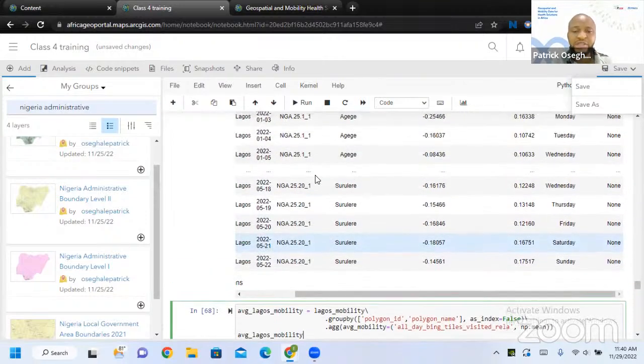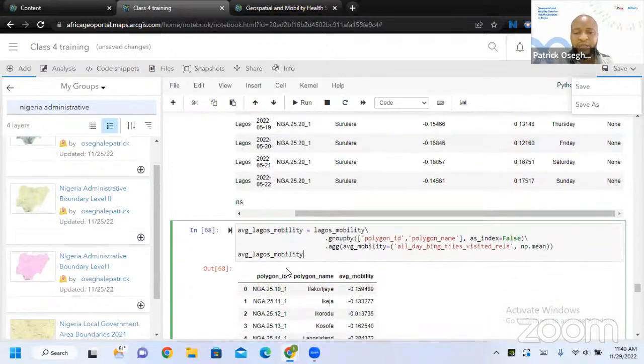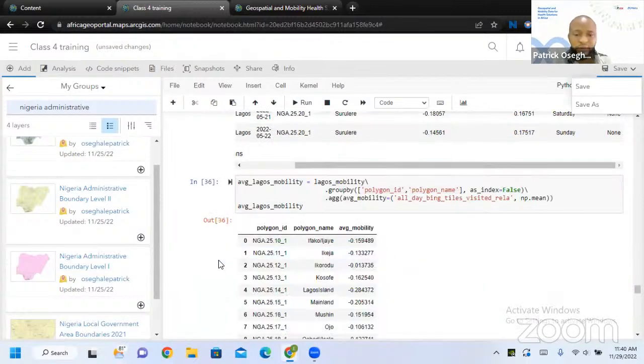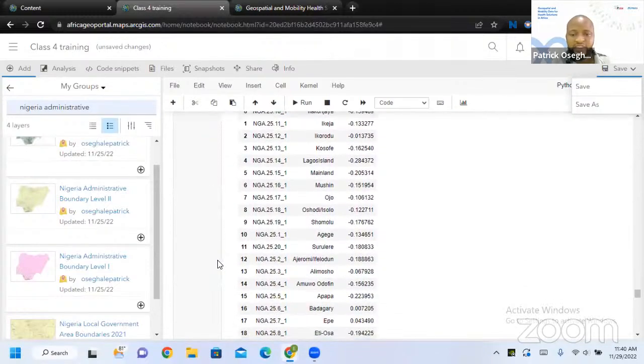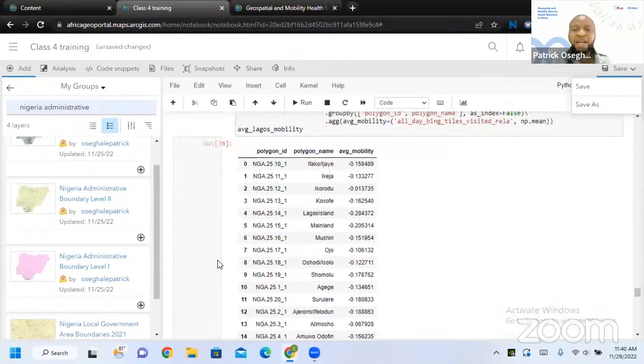And now I'm not using the time anymore. I'm almost eliminating the time because I'm doing a group by local government, so I'm not grouping by the time. Now you find out that the time variable is not among the columns I'm grouping by. So I'll run that, and we'll be having this as well.